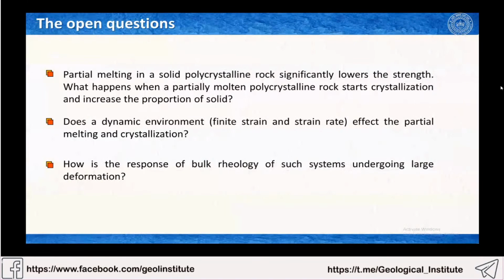And of course, finally, you can check whether the bulk rheology of such systems has any implications for the microstructures, the deformation, and in general the large deformation. So these are the questions we are going to ask in this presentation, and we'll see how we can interpret them one after another. But again, I repeat, this is not the question that we are asking for the first